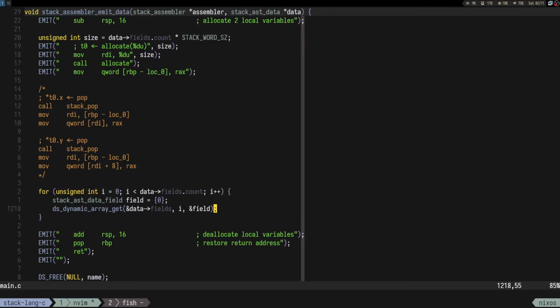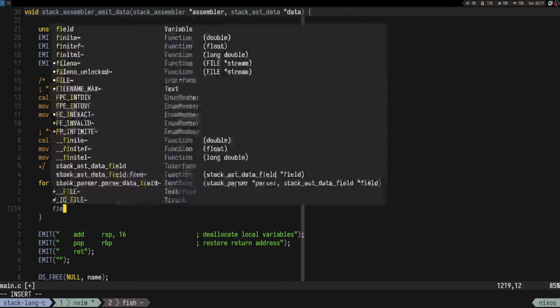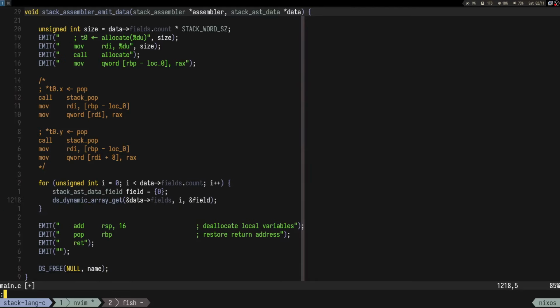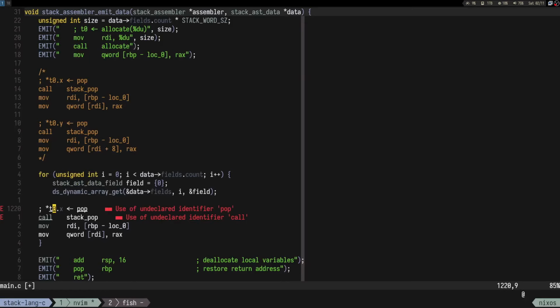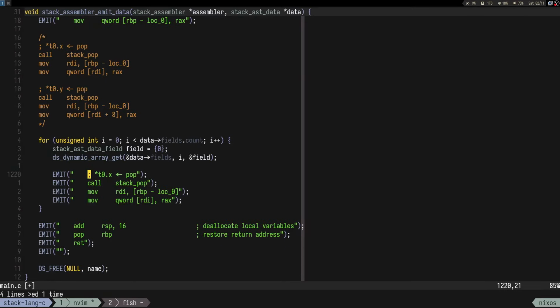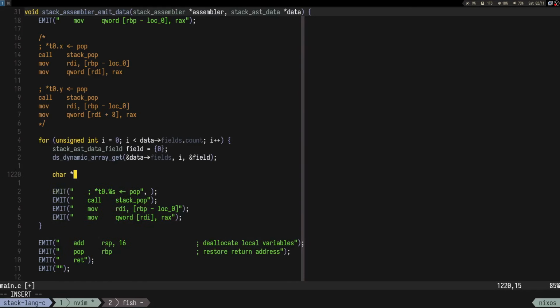So here it's field. Right, we try to get it. So now we have field.name and also field.type, which is not really important. But what we need here is this guy. Let me just do the emit. I want to replace this thing with the name. So it's going to be, but I need to allocate it. So char star